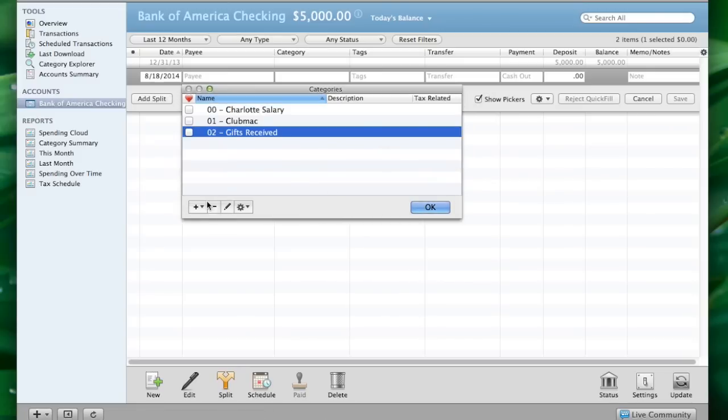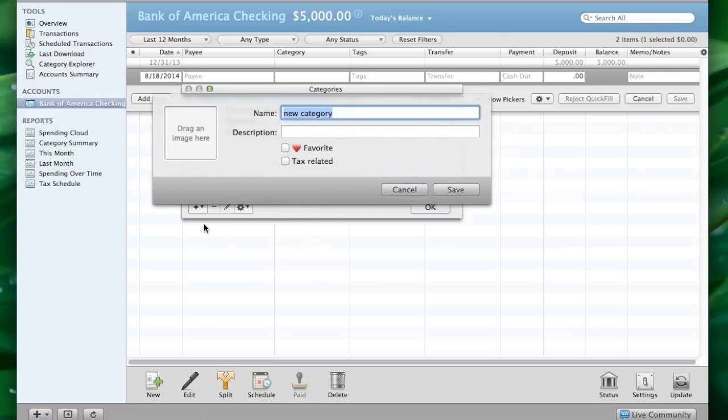And save. Add another one. New category. So I know it seems like a lot to set these up initially, but the good thing is once you get it done once, you never have to do it again. You can just add further subcategories or those kind of things if you want to in the future. So I'm going to make 03